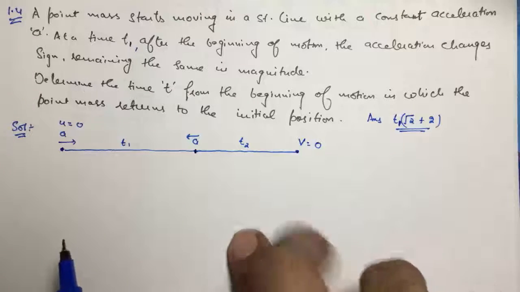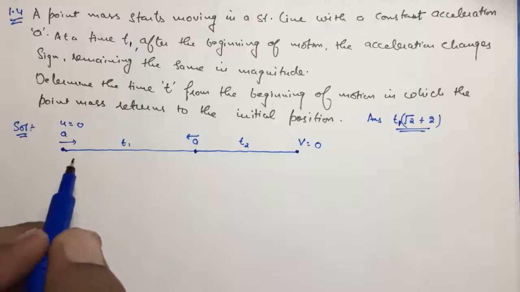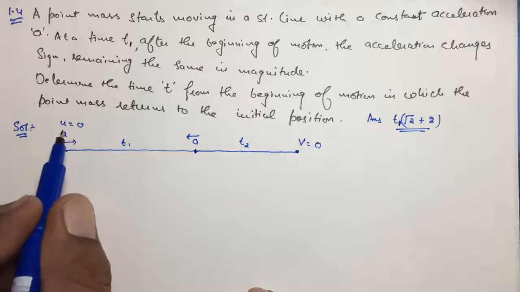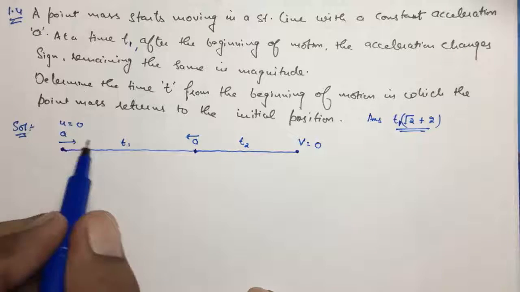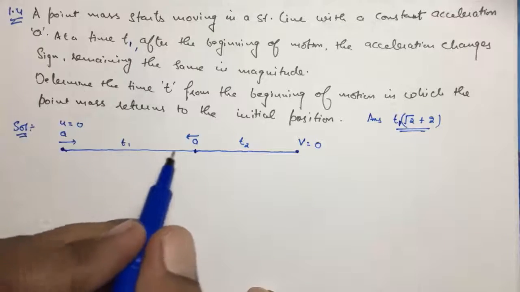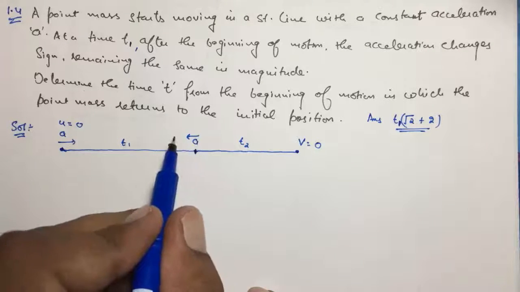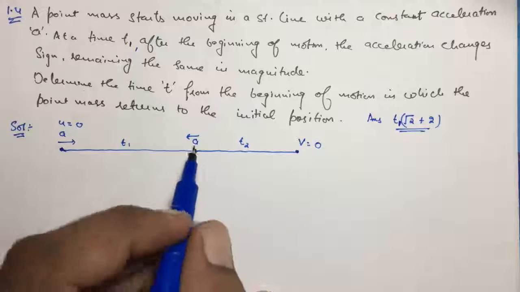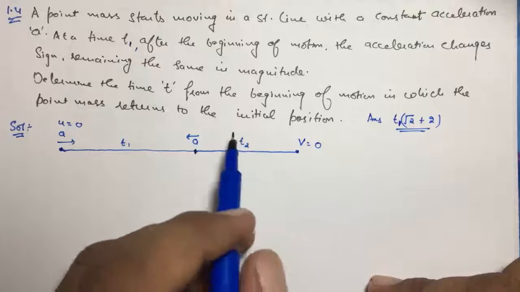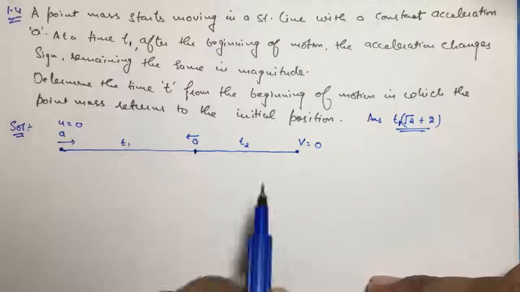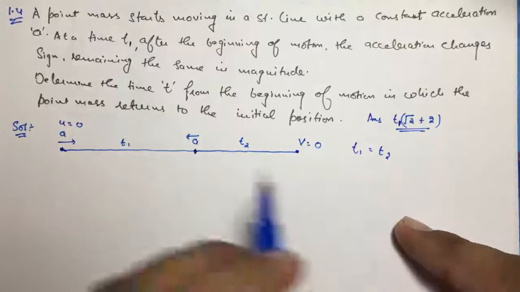So we can solve something by simple calculation: a body moves from 0 initial velocity having acceleration a, moves for time t1, and then when its velocity is, say, maximum, its direction of acceleration changes. So now its velocity becomes 0 again, final velocity, in time t2. So by symmetry we can say t1 is equal to t2. Otherwise we can solve it.